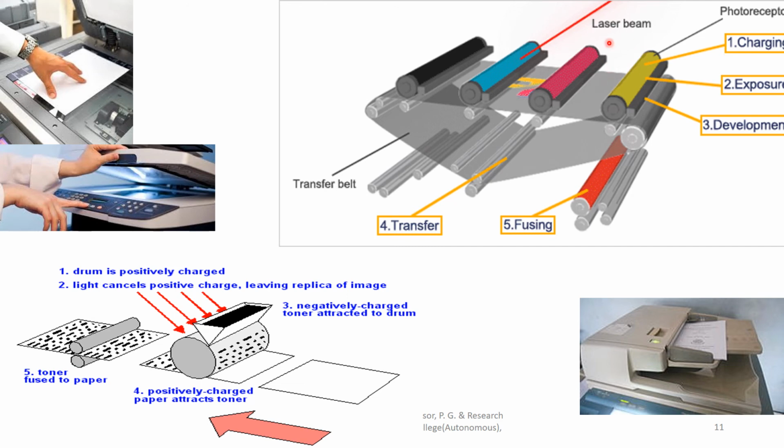Once the photoconductor is charged, the document to be photocopied begins to pass over the rotating drum. A laser is used to illuminate the document, which projects an image onto the selenium or arsenic selenide film on the drum. Here we can see that when we press the start button, the laser beam is passed over the document, and the light will only be able to pass through the document at positions where there is no text or image.